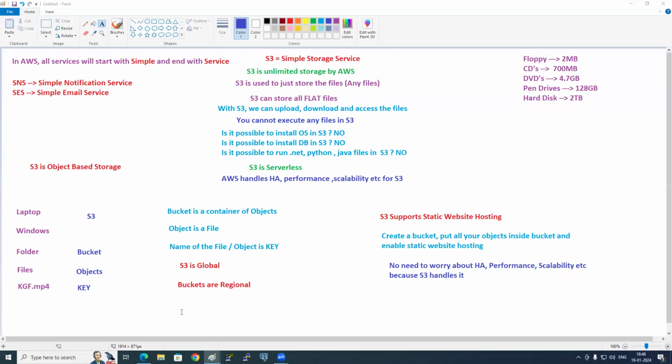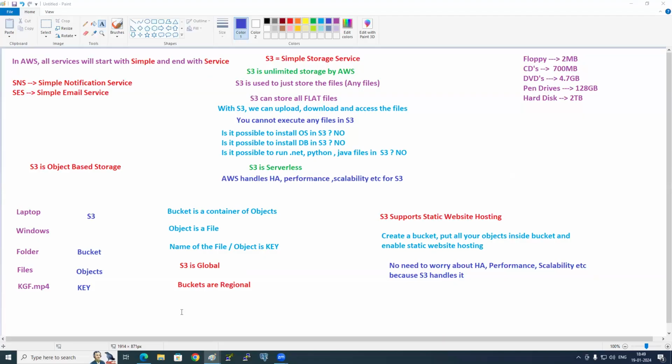So quickly, guys, what is the full form of S3 here? Simple Storage Service. S3 is limited storage or unlimited storage? Unlimited storage. In S3, can you store any kind of files? Yes. Is it possible to execute, run, install? Nothing.